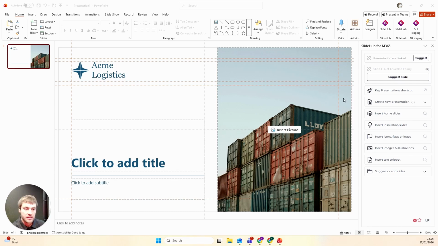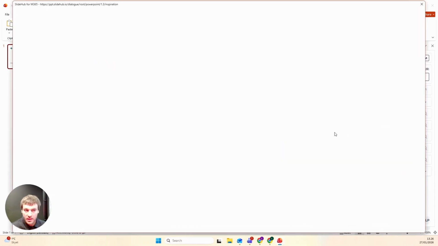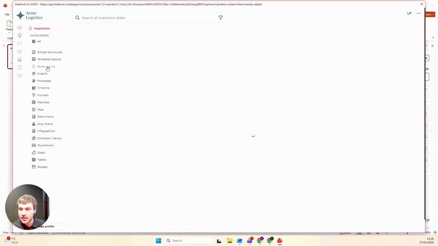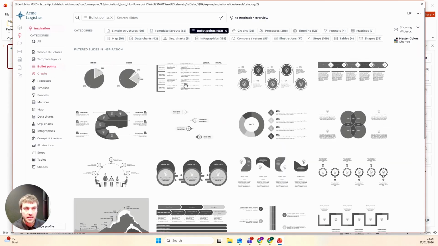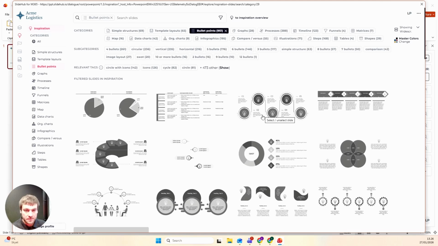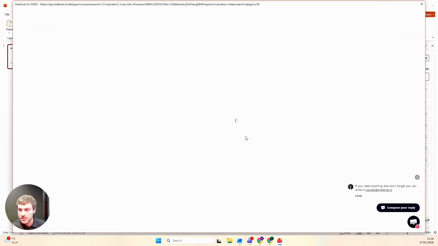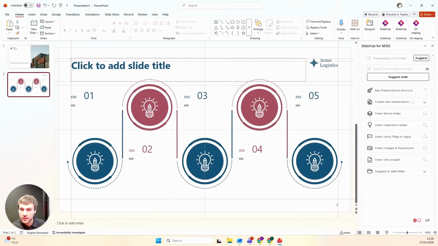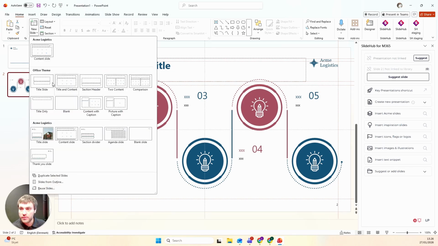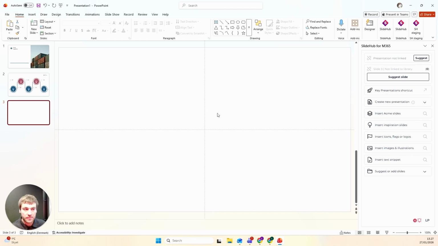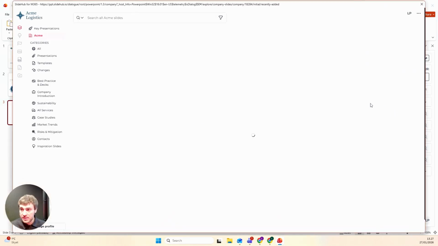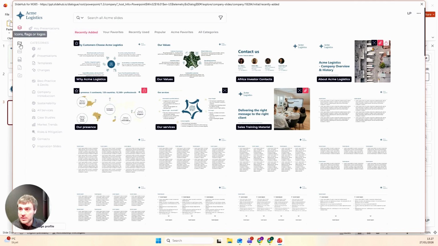As you may know, right now we're in Acme Logistics, which is a demo company. If I go to take an inspiration slide, if I just take this one here, for example, it would adjust and insert because the company colors, font, and layout has been set up. But let's say we just took a new slide, so I've got a blank one here, and I wanted to start adding icons, or to a pre-existing slide and I wanted to start adding icons, I can go